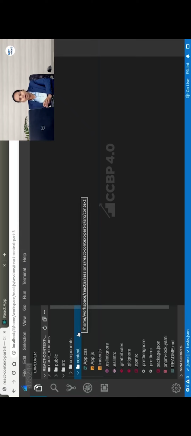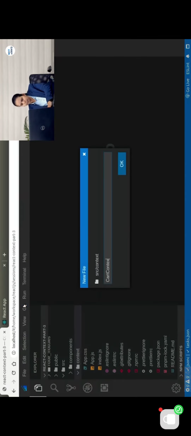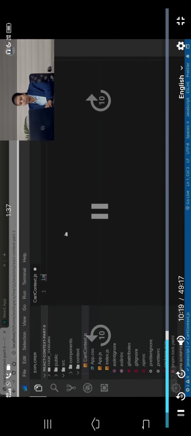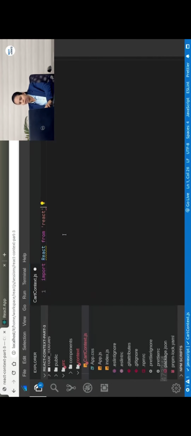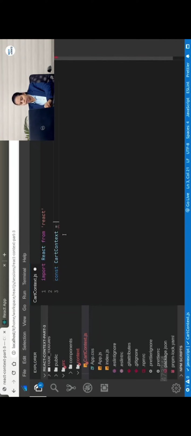Okay, so right now we want to create the cart context. So let's create a file for it, cartContext.js. In this, we are going to create the cart context. Firstly, to create the cart context, we have to import React, React from 'react'. Next, we are going to create the cartContext equal to